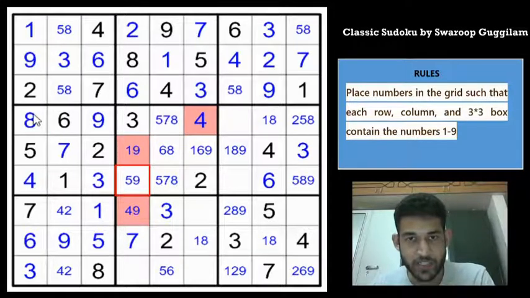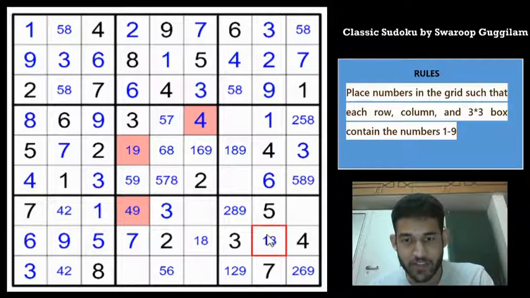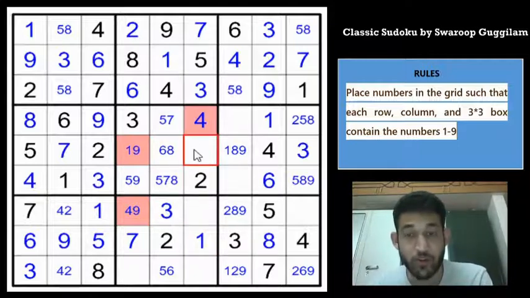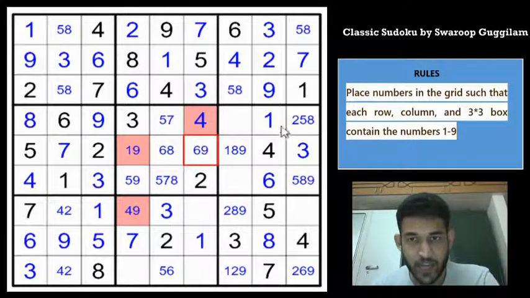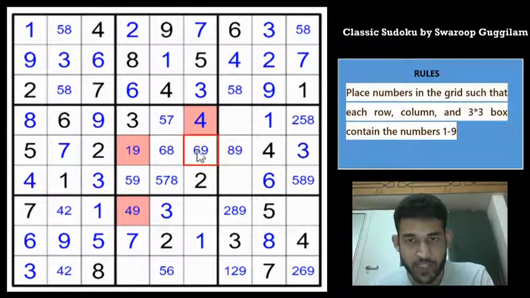And any more elimination, this 8 eliminates the 8 from here, gives us a 1 here. Super. We have started a chain of digits. This one gives us an 8 here and a 1 here, and this one eliminates the 1 from here. So this will be a 6, 9, and 1 can be used to eliminate the 8, 1 from here. So this will be 8, 9. Now we have a 6, 8, 9 triplet. So this will be a 1.